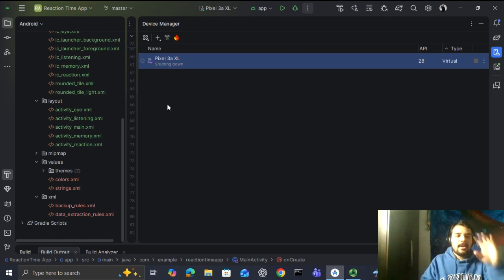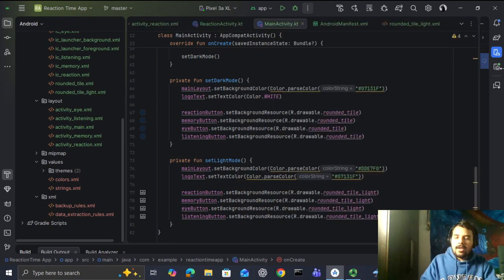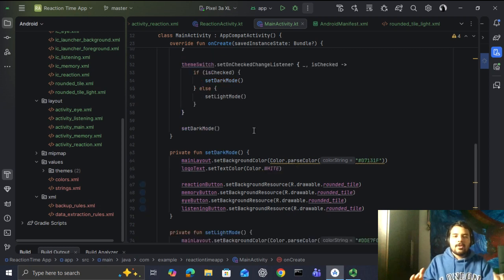This is how I created the Pixel 3a. So this is the main activity, the backbone of the program, where